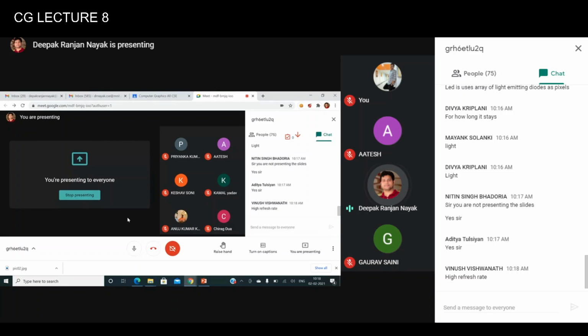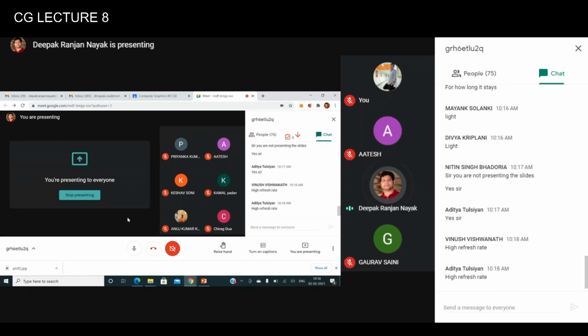Yeah, if it is lower persistence, absolutely. Any other answer? Vinus has written something. Okay. So lower persistence phosphors demand a higher refresh rate to maintain the pictures, right?